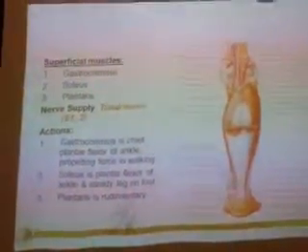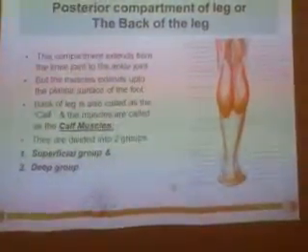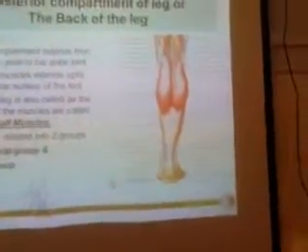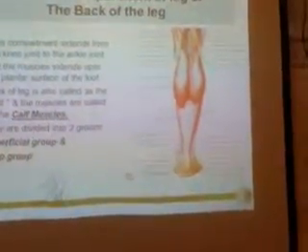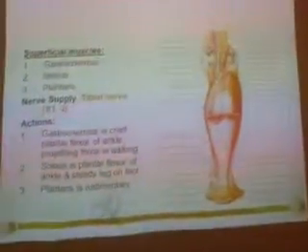This separates the superficial and deep compartments of the posterior compartment, the calf. We are talking about the calf muscles. In this superficial compartment, you can see the first muscle, the gastrocnemius muscle, which is cut here. You can see it in the previous picture, with the medial head and the lateral head. So it has 2 heads, and this is the belly of the gastrocnemius muscle. And this is a long tendon, called the Achilles tendon.